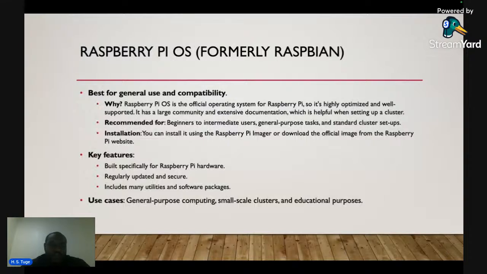Raspbian is generally best for general use and compatibility. Why? Because Raspberry Pi OS is the official operating system of Raspberry Pi, so it is highly optimized and well supported. Think of it this way: imagine